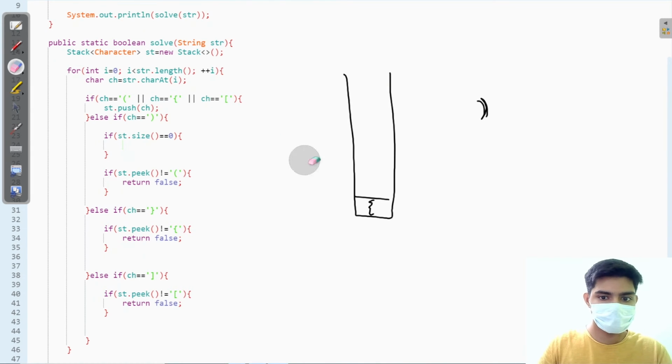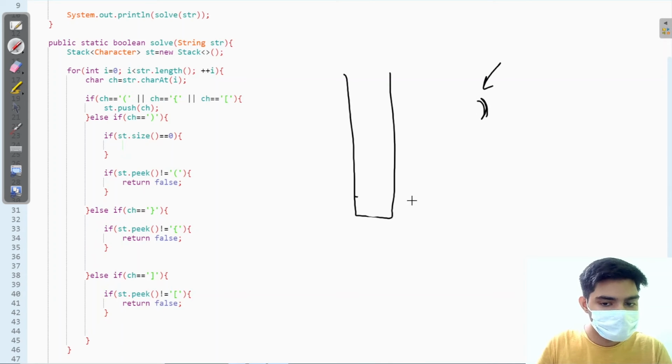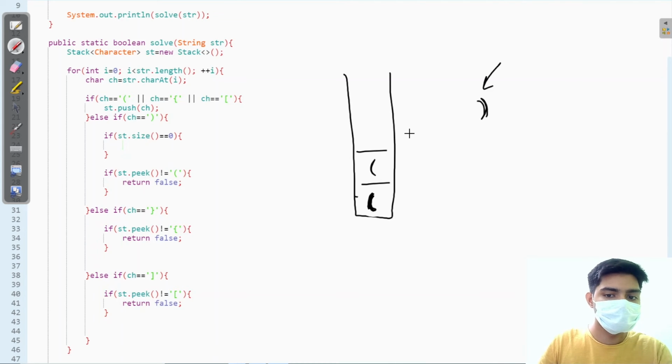If I have an empty stack, this means that the number of closing brackets are more than the number of opening brackets, right? If there was anything in the stack, if there was an opening bracket, it meant that I had something to pop.